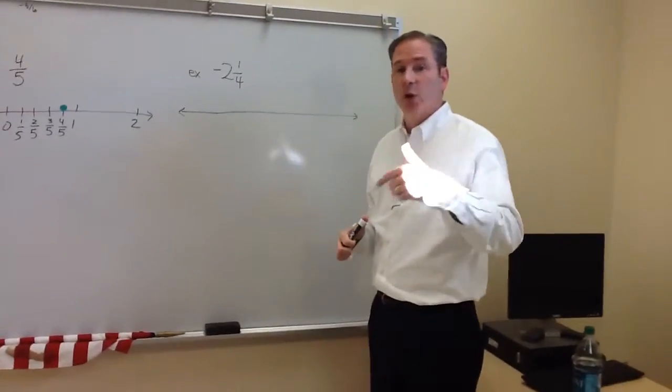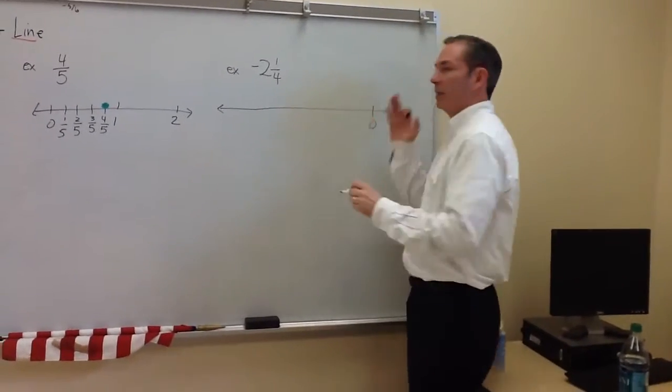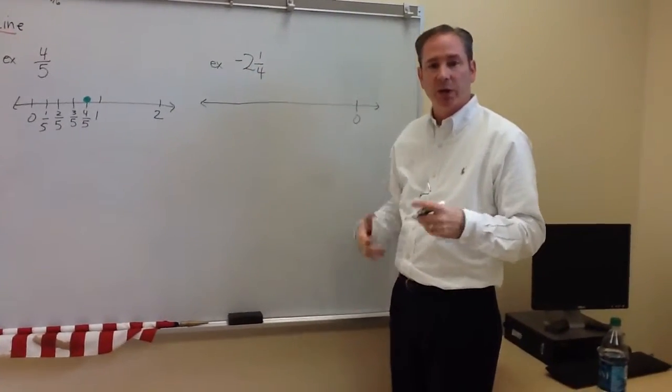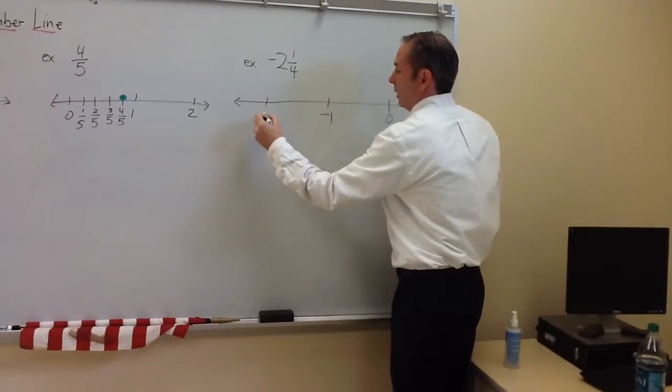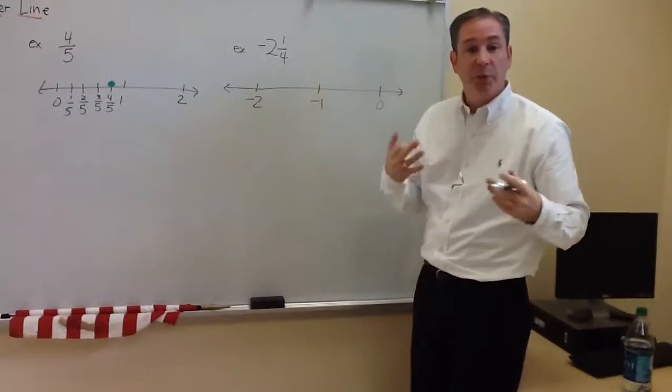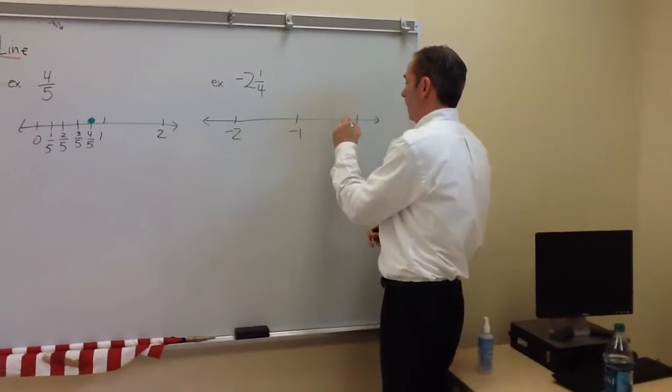Okay, this last one's a little different. Now it's -2 1/4. Now if we start at 0, we're going to be going to the left with negative numbers, so things are getting smaller. So we're going to say we need -1 and we need -2. And we're going to split it up into quarters because fourths is our denominator. 1, 2,